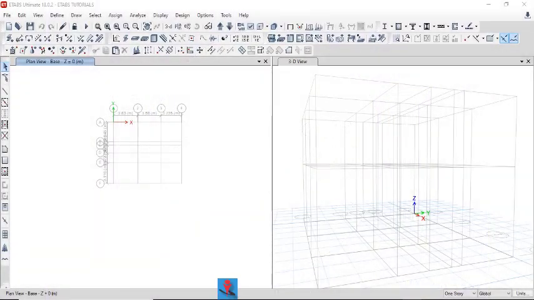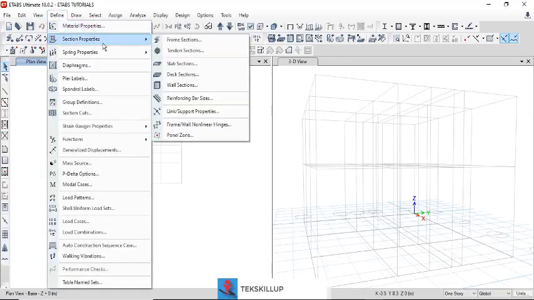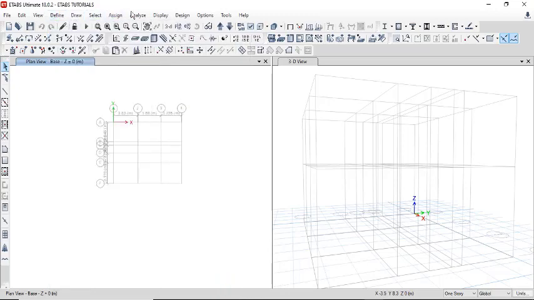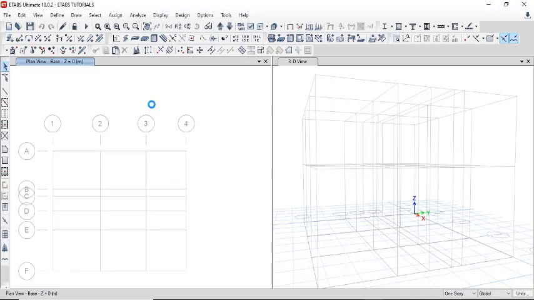In our previous tutorials, we talked about how we began to define the material properties, and then how we defined some of the frame sections and then the slab sections of this building. Now, having done that, in this tutorial what we'll be covering is how to begin to model our building, which involves the modeling of our columns, our beams, and our slabs. So that is what we are going to see in this particular tutorial. Right, so let's go into details.